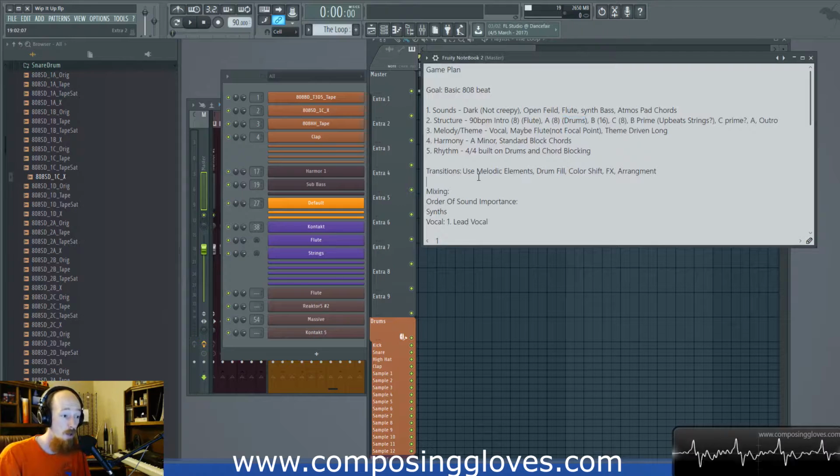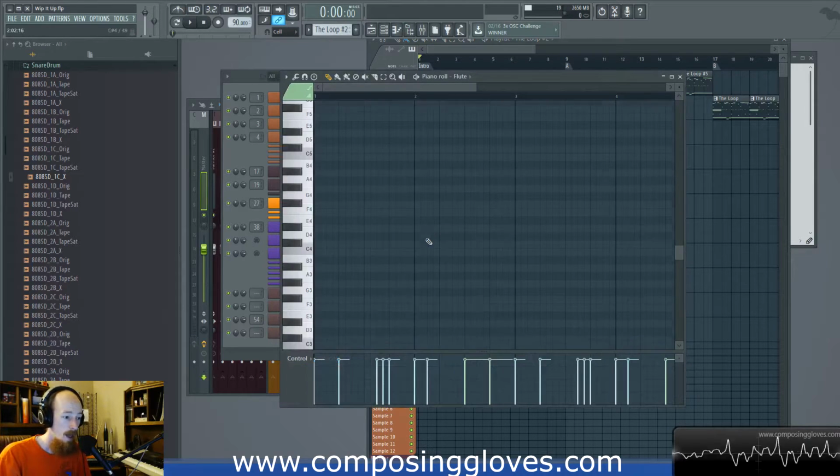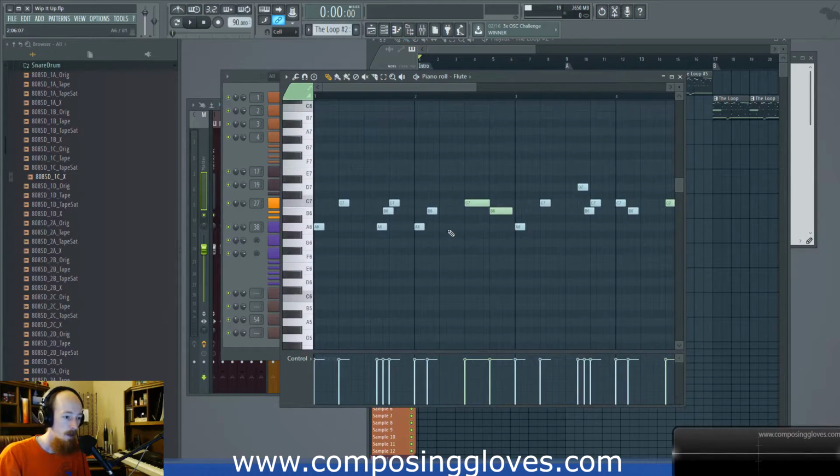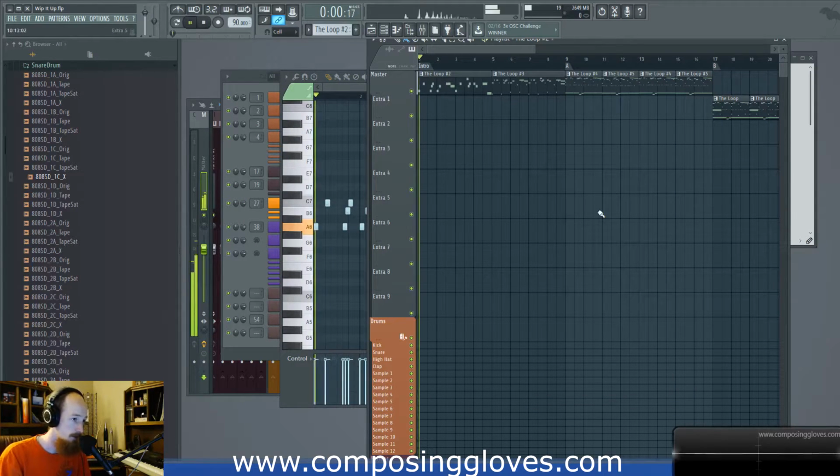I didn't include my transitions. This is where I'd consider my transition too. But I wanted my transition to be a melodic element transition. I didn't want to have to rely on effects or anything. And so I went ahead and split up the beat. So I cloned it, deleted everything I didn't want, extended it a little bit and wrote out a new line. And it ended up coming out like this.